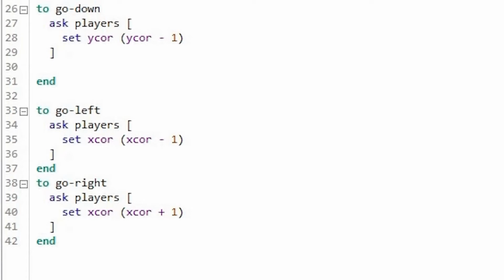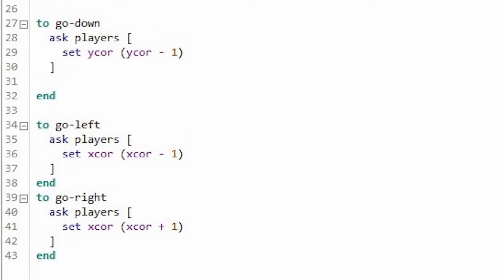Also, when you search in Google, for example, if you want to see how we can change the shape, you just type NetLogo space shape, and that will go to a very rich API document of NetLogo that we can use to learn the syntax of each and every